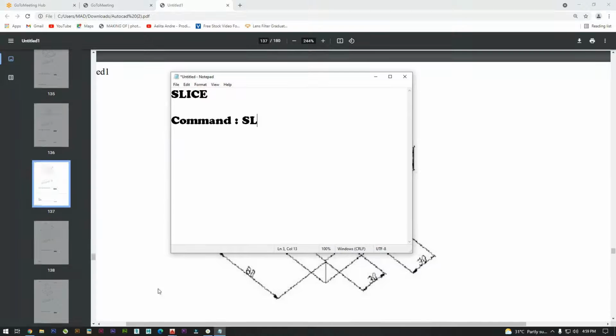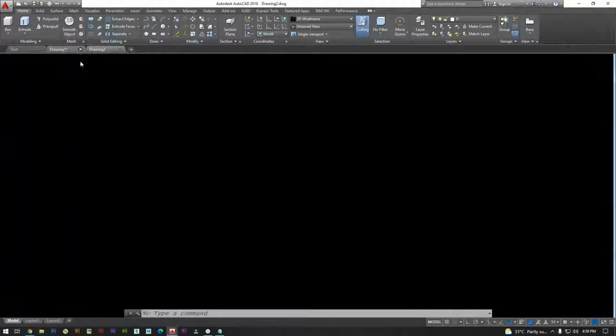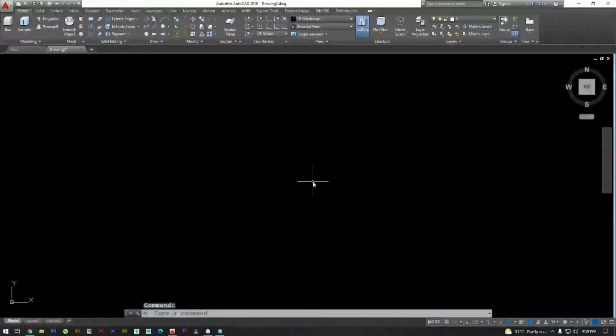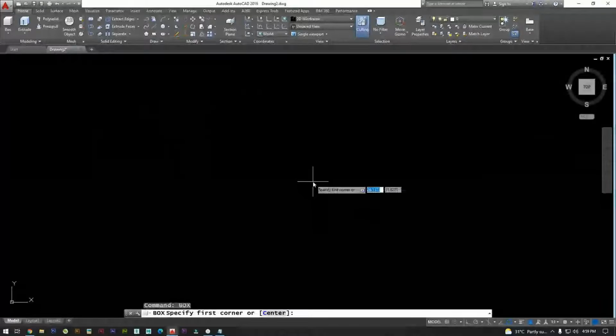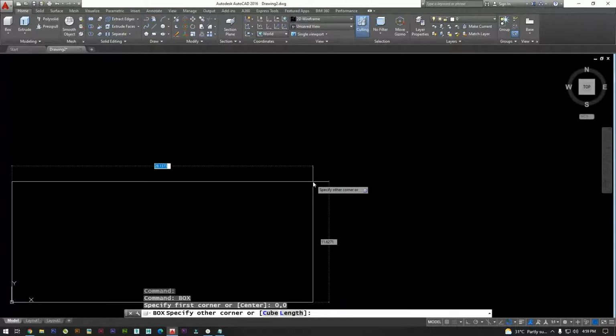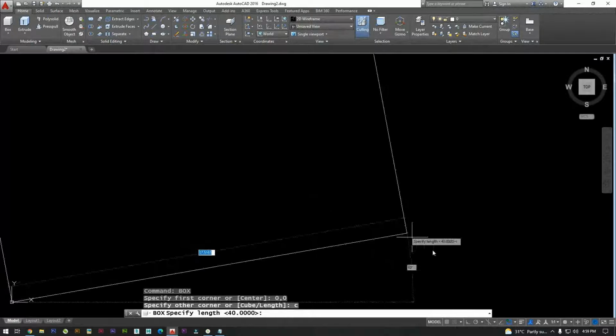I'll go to AutoCAD. Let us do a box. I'll give 0, 0. Let us take a cube this time. C, enter. I'll turn on the ortho.